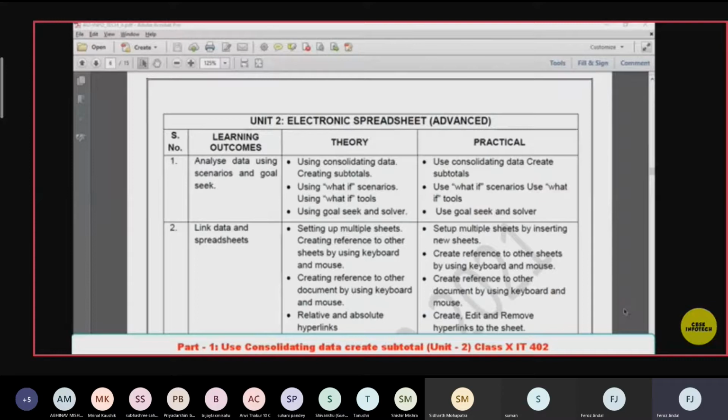If you see whatever yellow part is there in your revised syllabus, you can leave that part straight away. You need not study that part. From my side I am saying that if a yellow part is there in this theory part, you can just leave it. You don't have to see the book also for that, not once. But for your understanding, for your practical use, you can see the video.